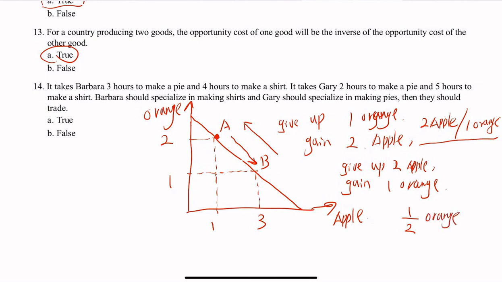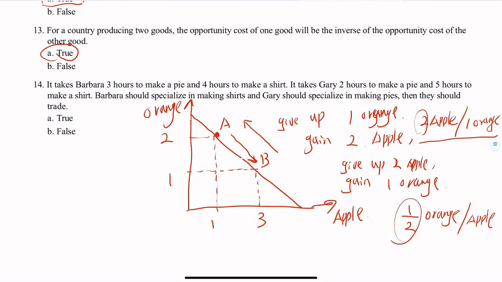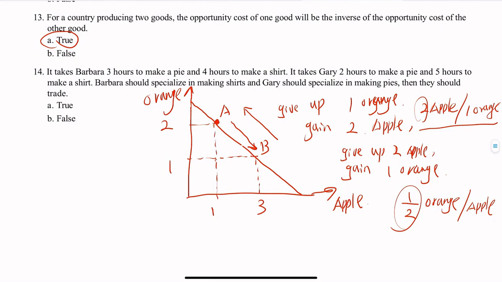Because here you would give up two apples and gain one orange, right? So you can see that these numbers are inverse of each other. Okay, the last true-false